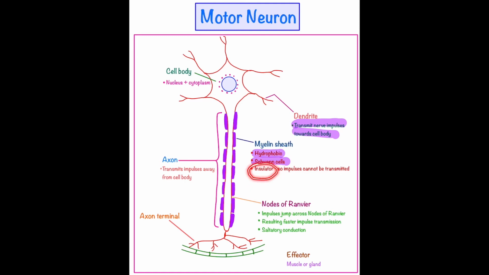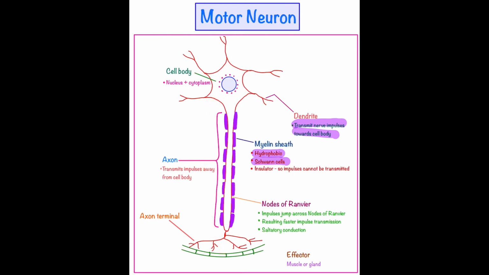So this is the most important role of the myelin sheath, that myelin sheaths are made up of lipids and they are acting as the insulator. What does it mean? It means that it works as an insulator. It won't allow the impulse to get transmitted. So impulses cannot be transmitted like this from this particular neuron. Then how are we getting response? How are the impulses passing from this stage to this stage?